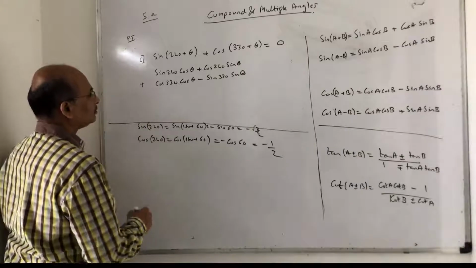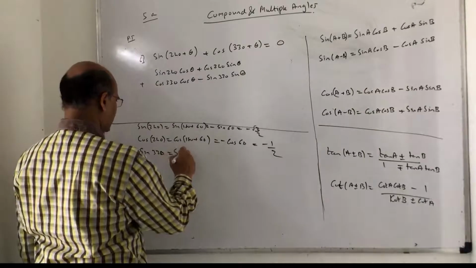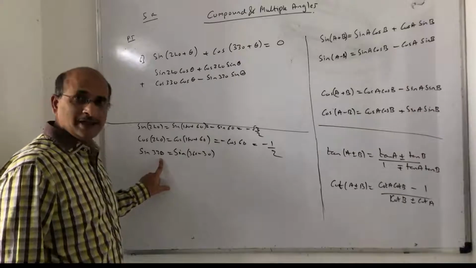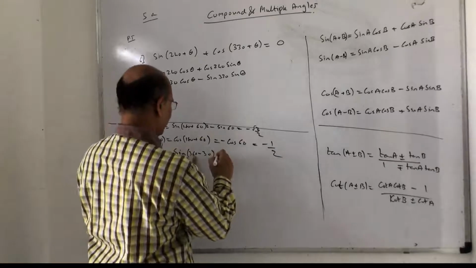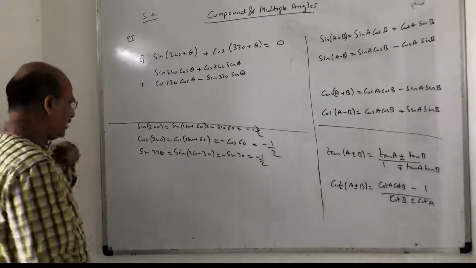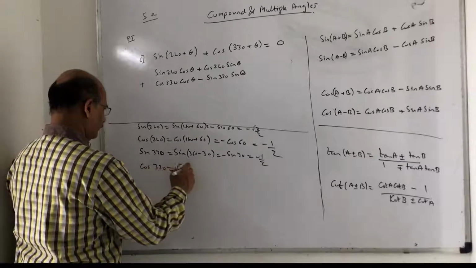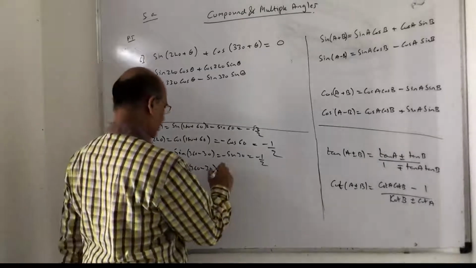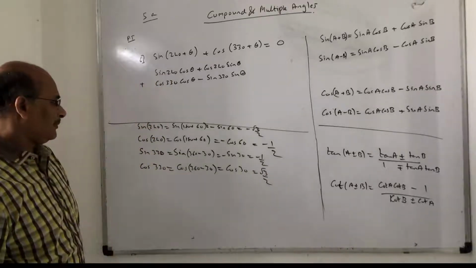Similarly, let us get sin 330. Sin 330 will become sine of 360 minus 30, because 360 minus 30 is 330. So 360 minus 30 is fourth quadrant. So the ratio remains the same with a minus sign. So minus sine 30 is minus 1 by 2. Try to do that. Okay. Similarly, cos of 330. Again here, cos of 360 minus 30, fourth quadrant, cos will be positive. So this is nothing but cos 30, which is root 3 upon 2. My game is over now.